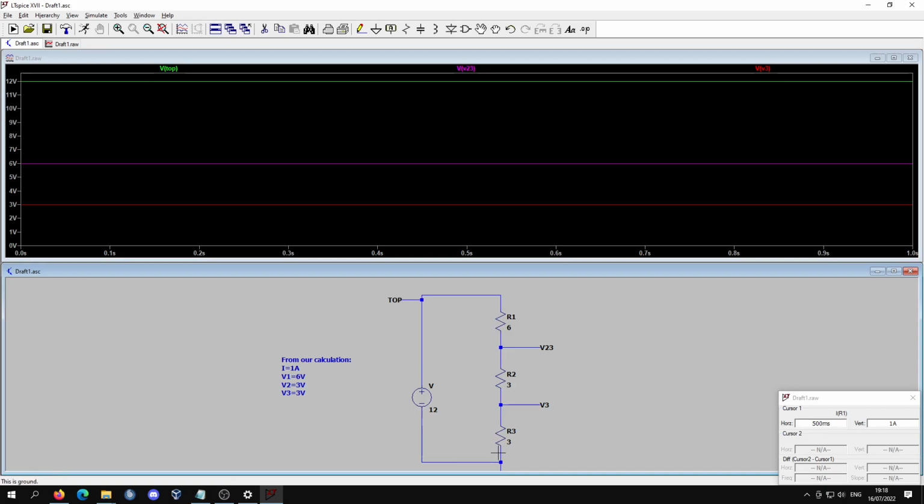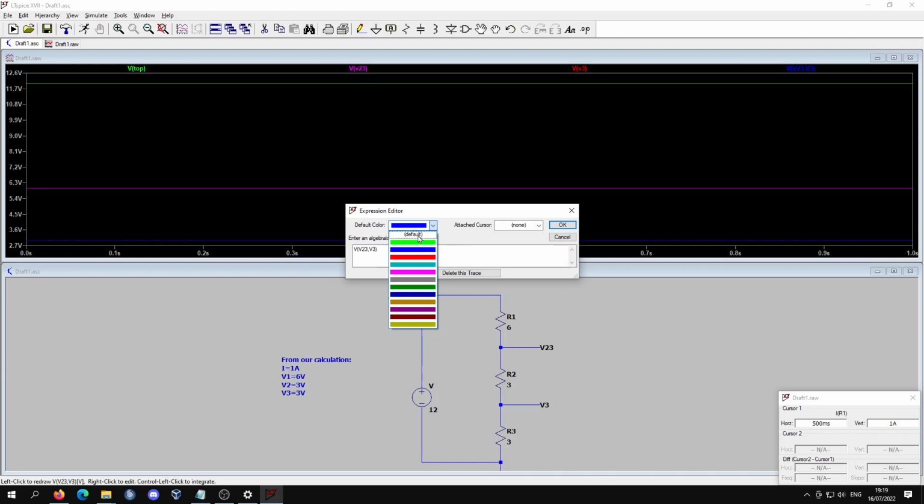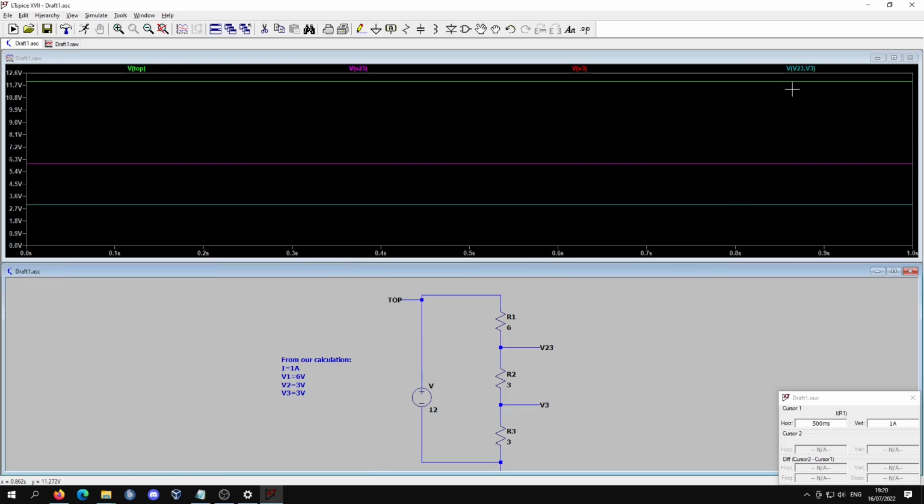This is not exactly what we want to show, therefore we can subtract V3 from V23 and get V2. As we have argued in the last video, we measure the voltage positive from the top to bottom on each resistor. Measuring V2 can be done by holding Ctrl and then hold left click on V23. Drag the mouse over to V3 and lift your left mouse button. We get another entry in the legend called V from V23 and V3. This is now the voltage V2. Left clicking on it shows us that it is exactly 3 volt.